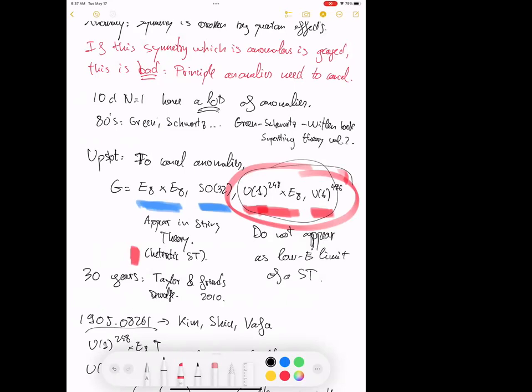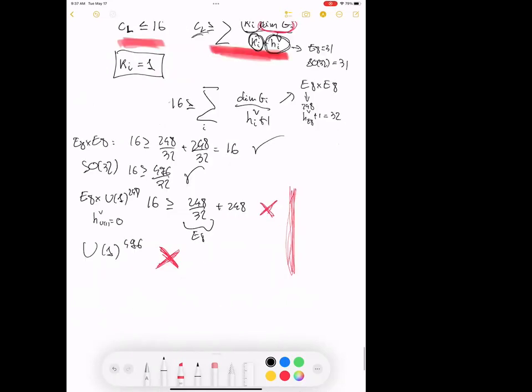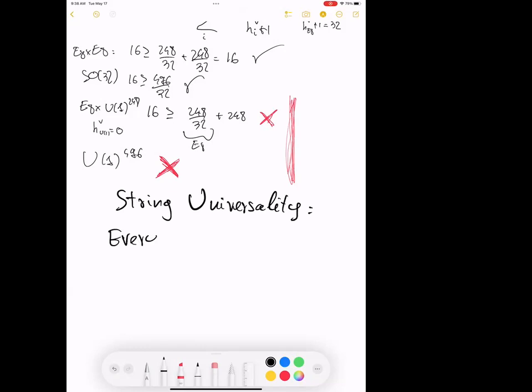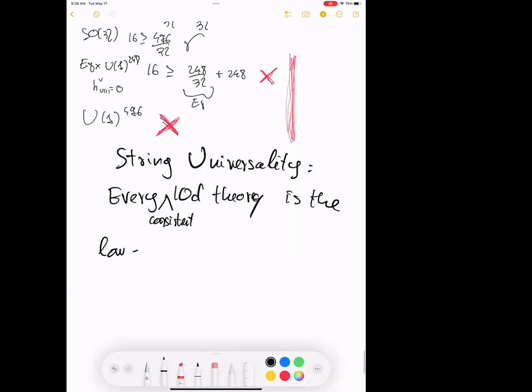So we have realized in 10 dimensions what people sometimes call string universality, or the string Lamppost principle. Every consistent 10D theory is the low energy limit